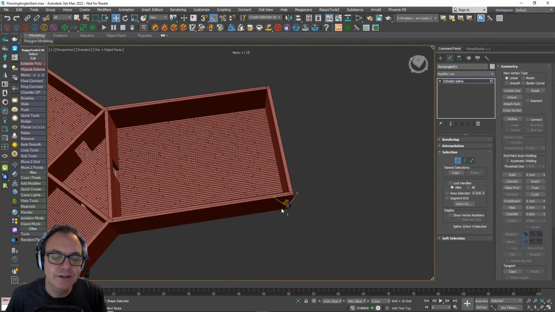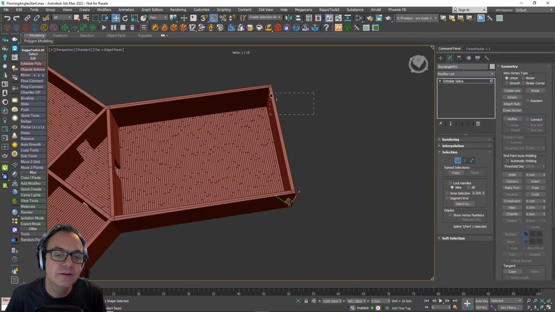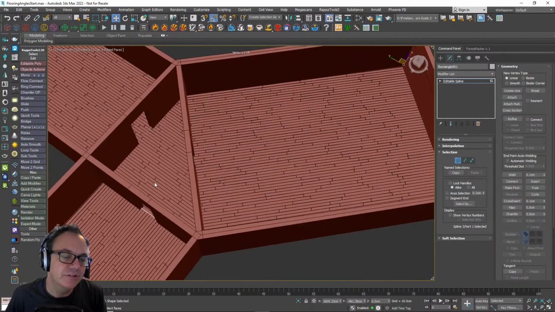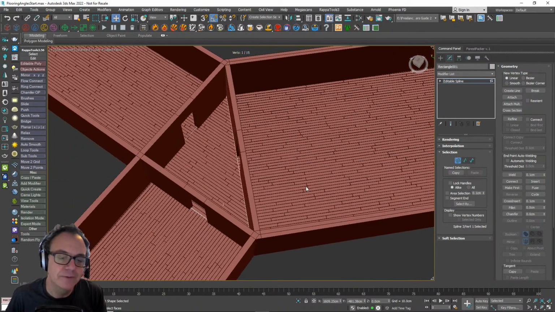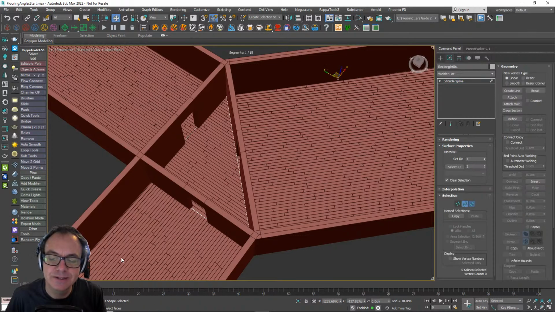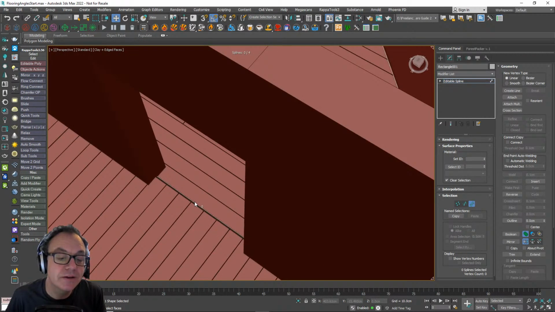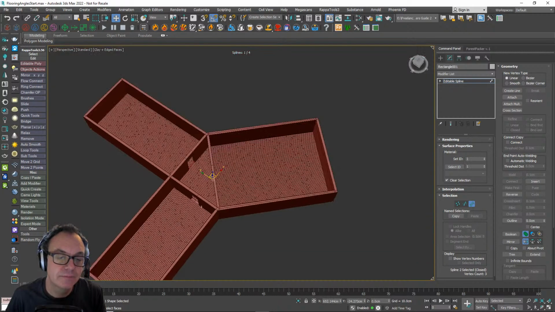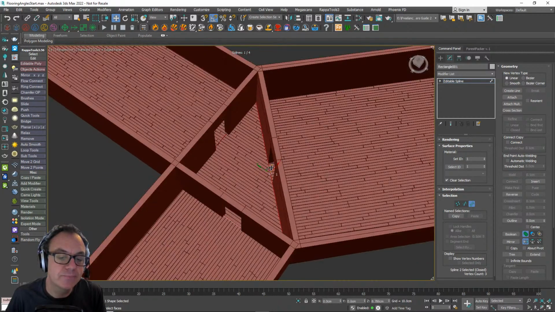Same with this one, I could do the same thing. So this one's already running the right way. Fine, all good. So this is one way of managing it. There is a slight issue with this one because although I can, let me just take this spline out actually. Might be a bit easier to see if I separate it. Just going to make a copy of this one.